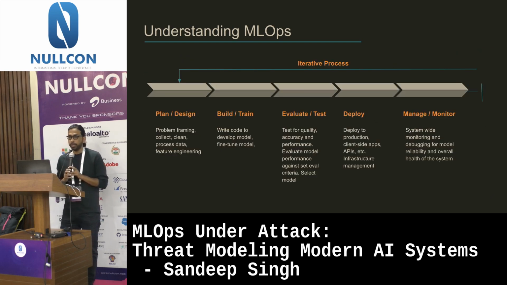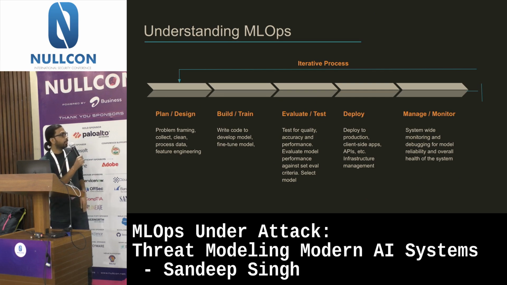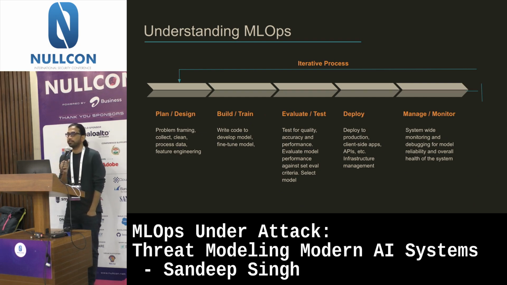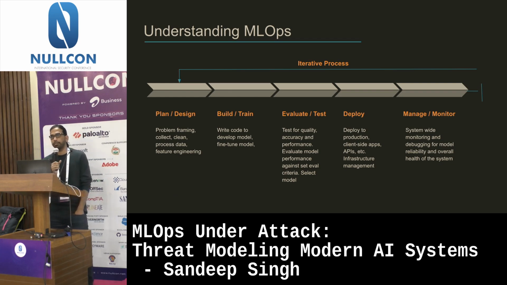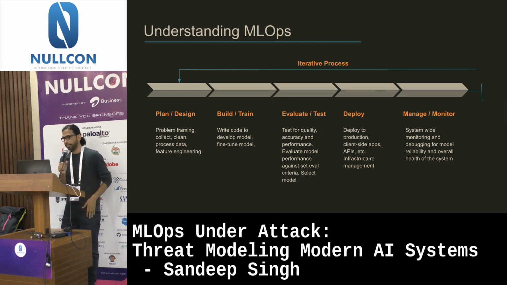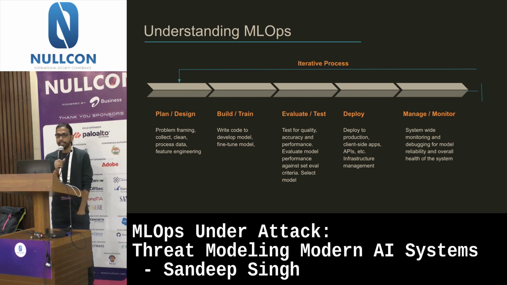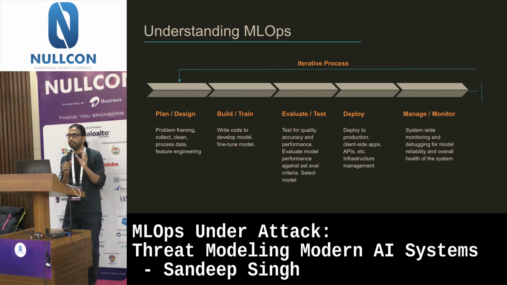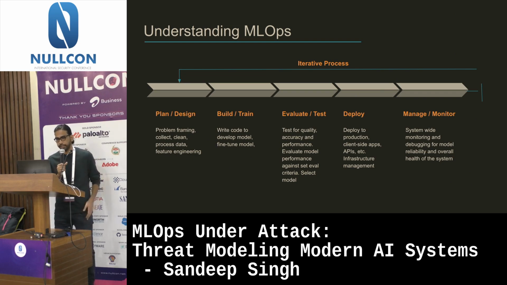So what does the process look like? This is the holistic view. Now the text might be smaller because of the projection. I'll read it out just so that it's clear for everyone. In software development, you have plan, design, development, testing, deployment. So similarly in MLOps as well, you have a similar life cycle that this goes through. Planning and designing is basically where a group of data scientists will come together and define what's the problem that they want to build a model for. They'll frame the problem, they'll collect the raw data, they'll clean it, process it, and build features. So there's a concept called feature engineering.